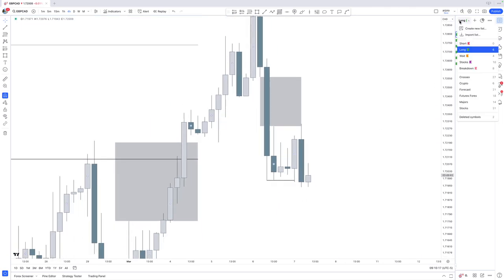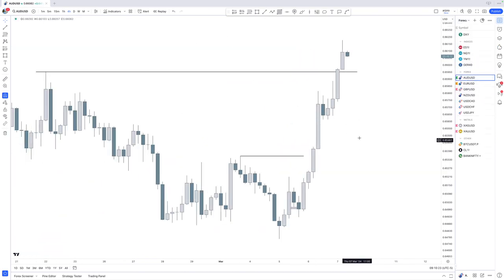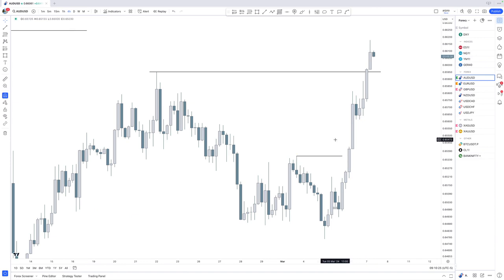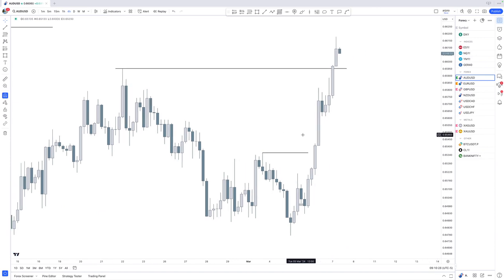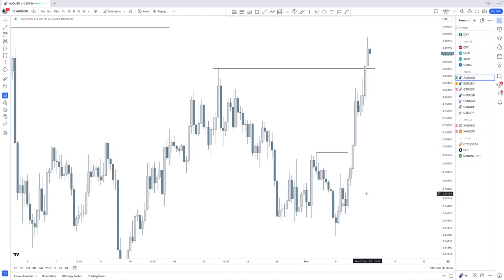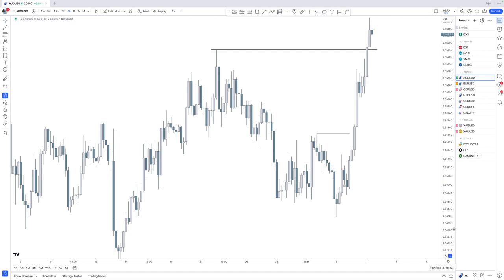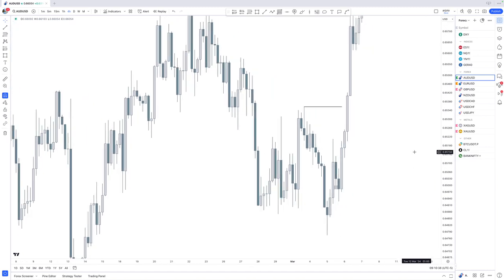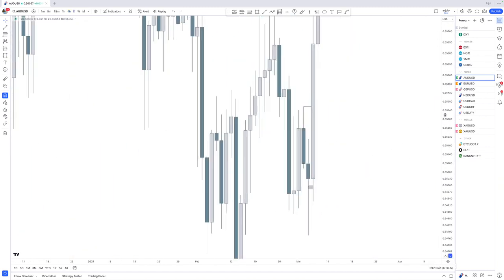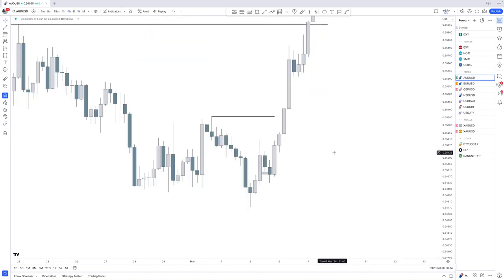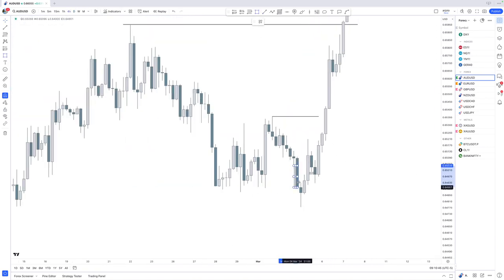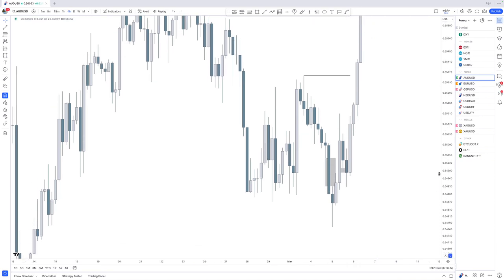Now, if we take a look at a few other pairs right here, I hope Australian dollar, US dollar is the textbook example right here of a run on liquidity versus a sweep on liquidity. And I hope you can also see what I meant with sort of the dominoes effect. Because right here, the dominoes effect on Australian dollar, US dollar was that if we do not continue lower off of this 4-hour fair value gap lower right here, and we start to disrespect that right there, and we create that bullish ST, bullish sharp turn, we get a bullish fair value gap right there,